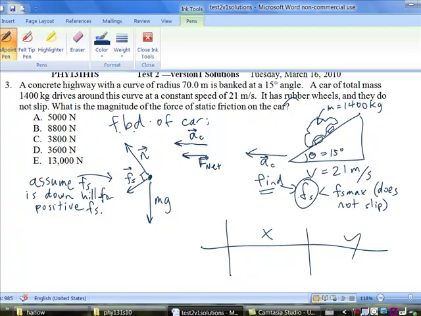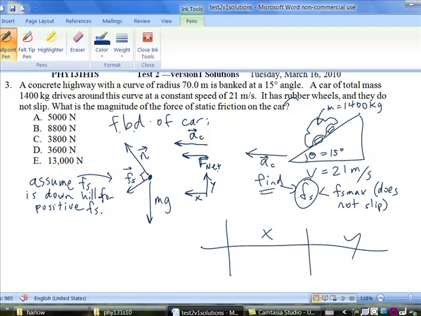Whereas if I was doing a ramp, for example, I would normally put the y and x axes perpendicular and parallel to the surface of the ramp, and then the gravity would be on an angle. But with a banked curve question like this, since the net force and the acceleration are horizontal, I'm going to want to put one of my axes horizontal. I'm going to put the x-axis horizontal,